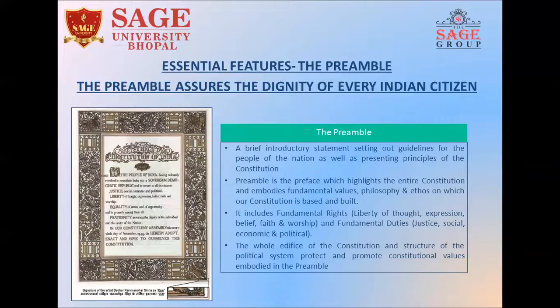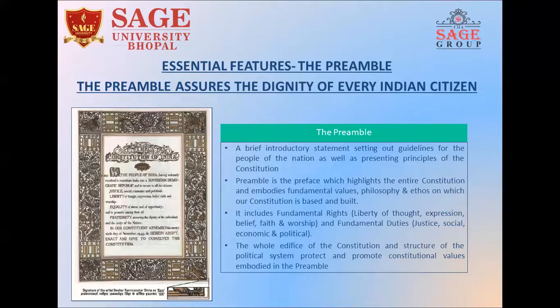Now, essential features, that is the preamble. The preamble assures the dignity of every Indian citizen. Before starting on Articles 1, 2, 3, fundamental rights, DPSPs, etc., it is very important for us to understand what the preamble means. The preamble does not come under the ambit of any article. It is a document, or we can say a sacred text, which lays down the foundation of the Indian